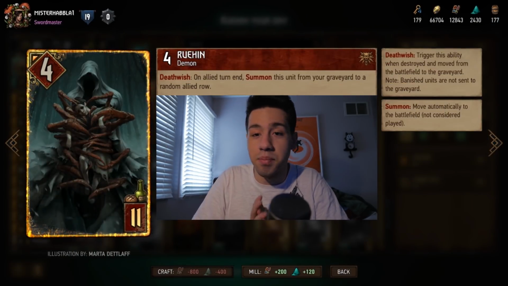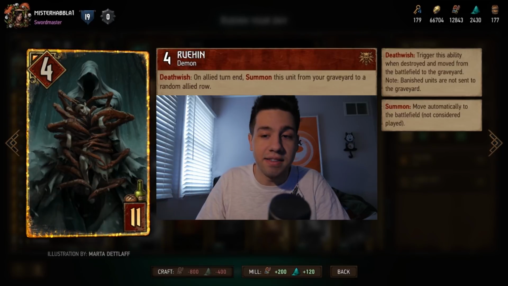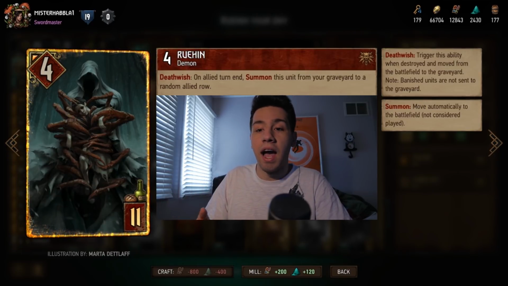Hello fellow Gwent players, today I want to show you this interesting Death's Shadow sort of consume monster list. This deck is a lot of fun to play because you're playing for a very unique win condition, and that win condition is Ruehin. Now Ruehin's ability is basically whenever he dies he just comes out again and stays on